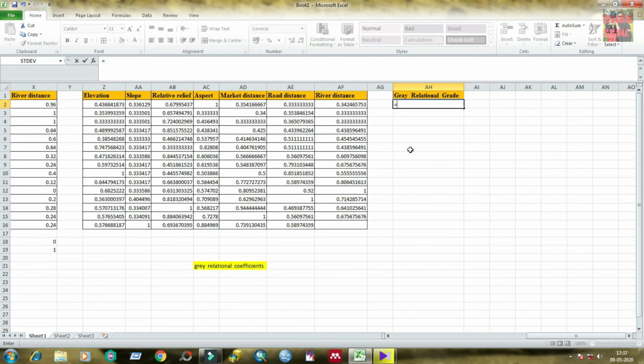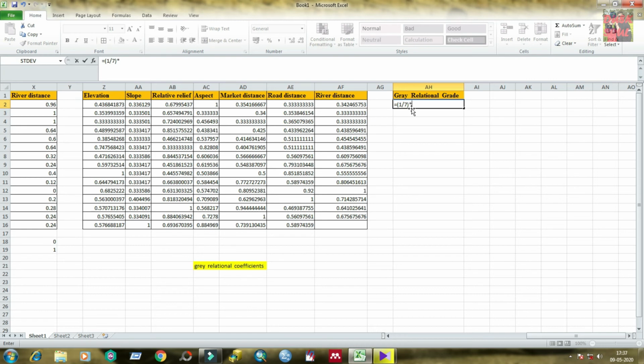Just insert is equal to, first bracket, one divided by the number of parameters, which is 7. I am using 7 parameters.